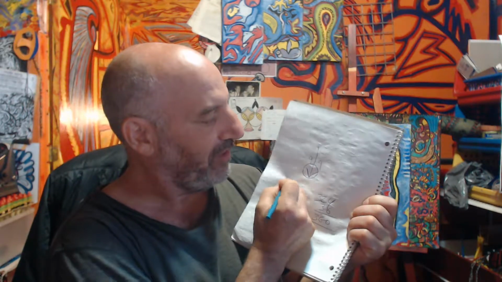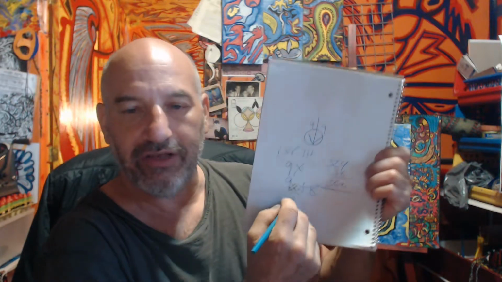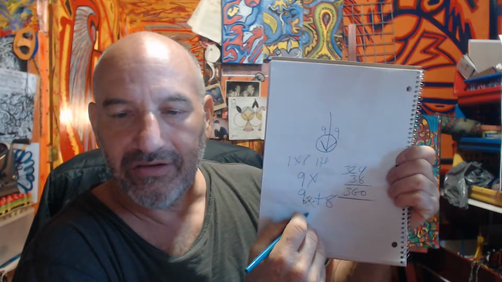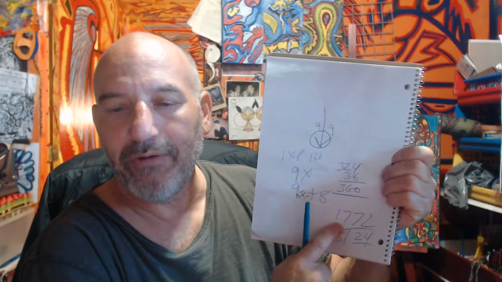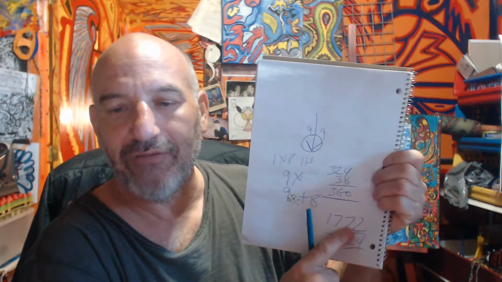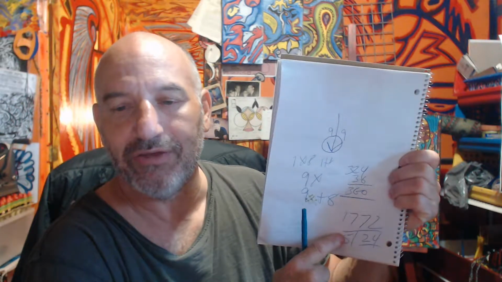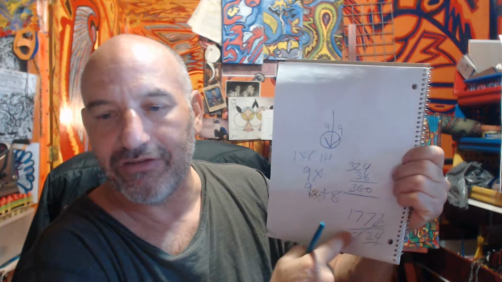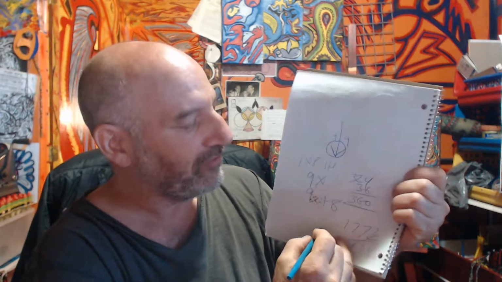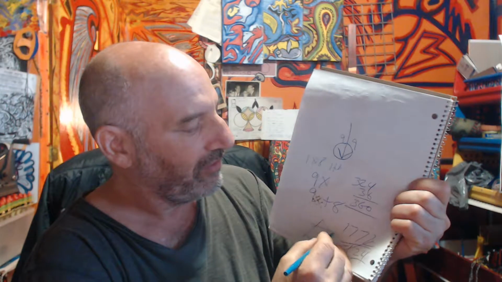To what factor? 18 minus 18 equals 0. 9 times 9 is 81, and 8 plus 1 equals 9. 9 and 8. 1772. 24 and 51. If I'm already reduced, I shall rise. If I am from above, I shall go below. 3 times 24, 72. 3 times 17, 51. Crossing of the masses. And you know what I like about this angle is that in the Jewish star, right,